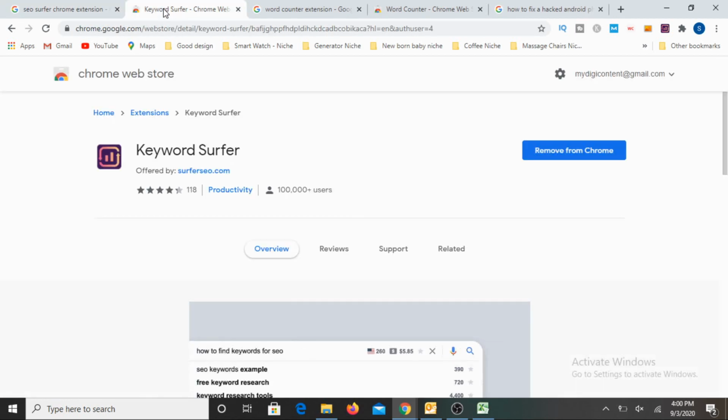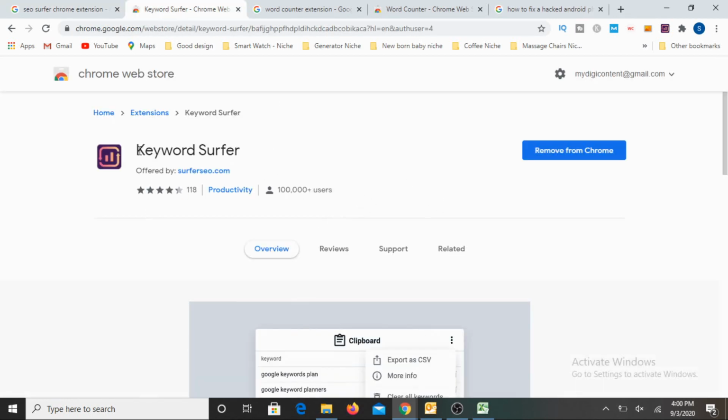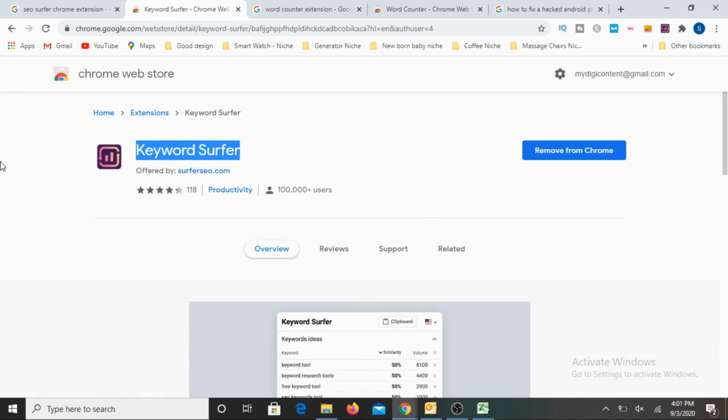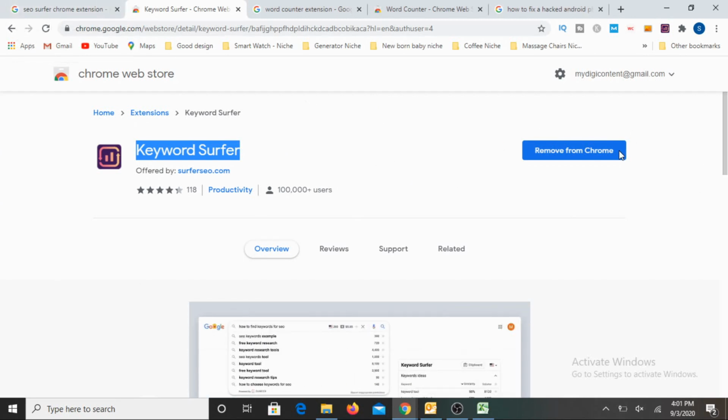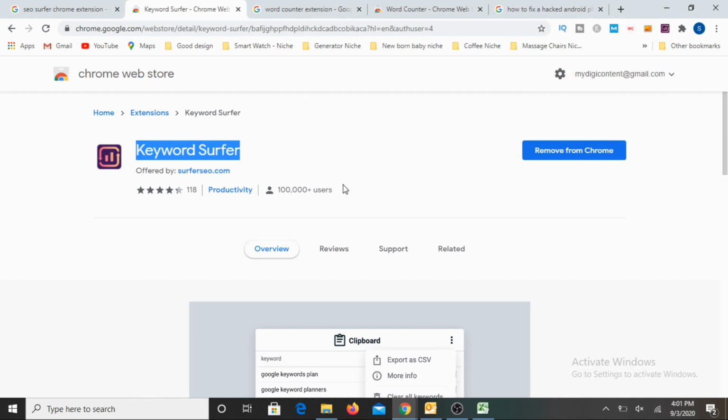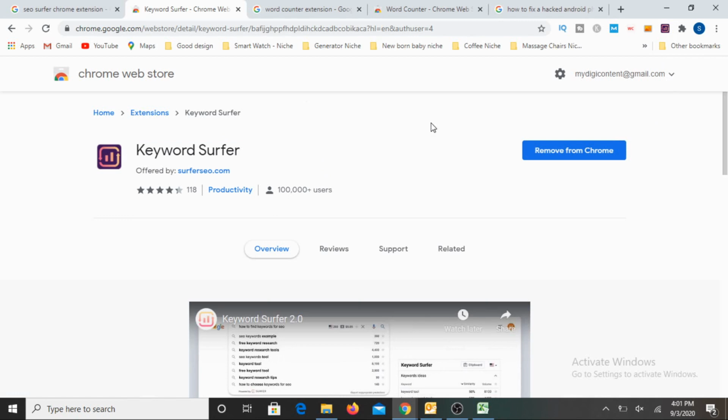Once you click this URL, this is the screen that you will get. Keyword Surfer. I already installed this extension, so I need not install or sign up again. That's all not required. But if you are exploring this for the first time, you will see a button here to install and also do a free sign up. So just install this, then you will get an icon something like this. You can see it on the top right corner. Once you enable it, this is the first extension. I will tell you how this will be useful. We will take an example and analyze it.